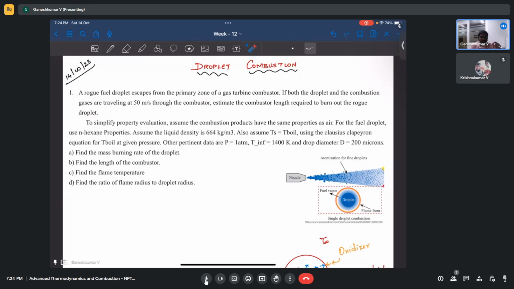The reason is, the turbine has a higher temperature limit. It cannot take very high temperature. Let's say this droplet is burning, and its flame temperature is typically 2000, 2200 Kelvin. Imagine a droplet with a flame whose temperature is 2200 Kelvin. If it just goes and hits the turbine, there are no materials till now for turbines which can withstand 2000 or 2200 Kelvin.